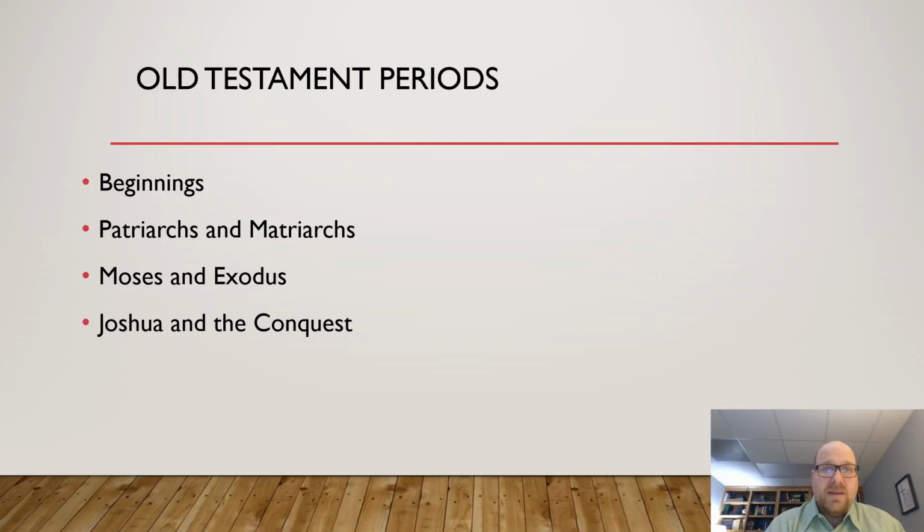After Deuteronomy, you come to the period of Joshua and the conquest. And helpfully, the story of Joshua is found in the book of Joshua. Joshua, of course, as you probably know, takes over after Moses as the leader of the Israelites. He is the one who leads the Israelites into battle to acquire the land, to conquer the land of Canaan where they settle. After Joshua and the conquest, we have the period of the Judges, and that's helpfully found in the book of Judges.